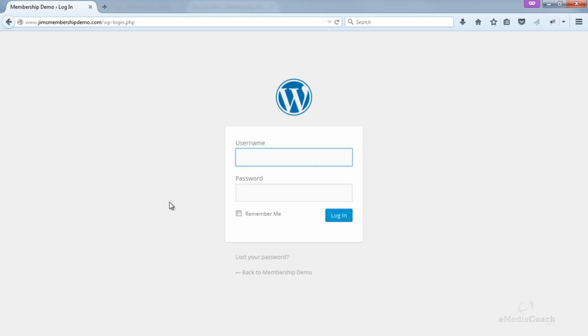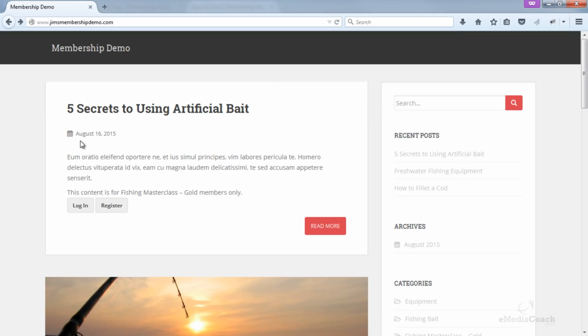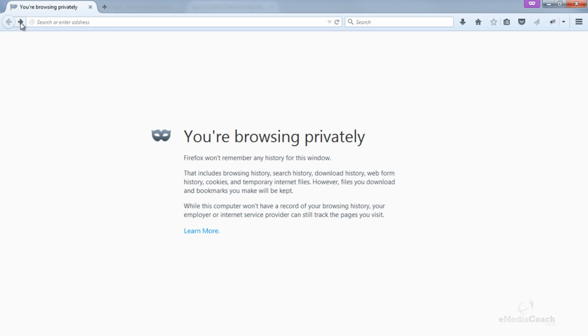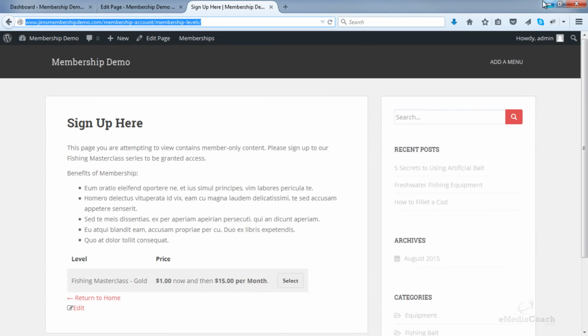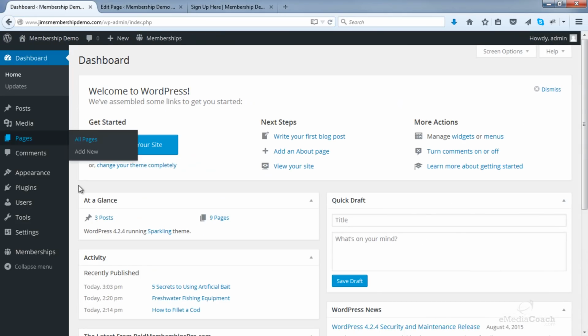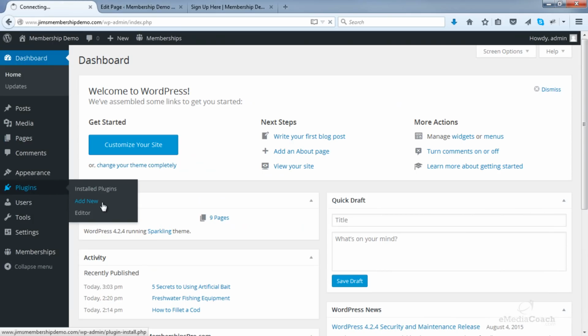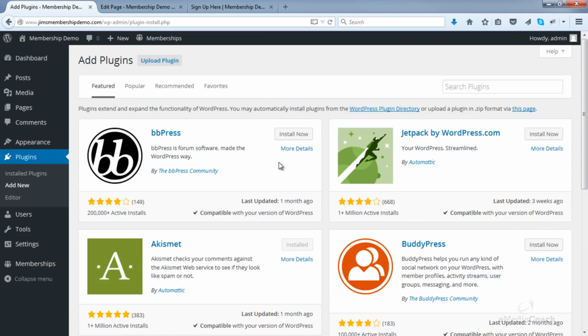So what I want to teach you how to do is put this login box as part of a page on your site, so that login box appears on your actual website and not on a different page like you just saw. To do that, go back into your dashboard and go to plugins, add new. We want to install a new plugin called Theme My Login. So type that in, Theme My Login,